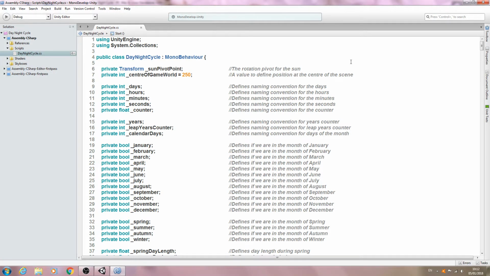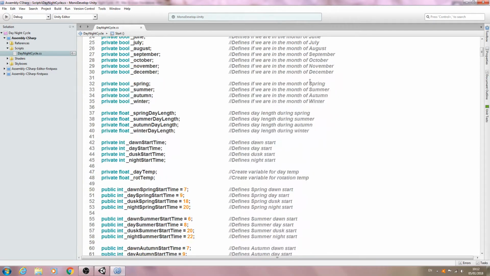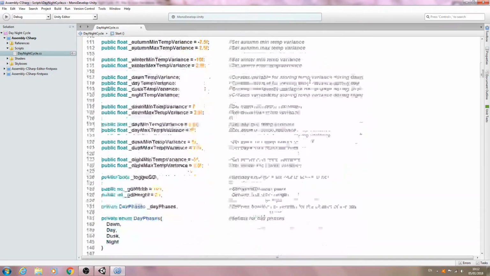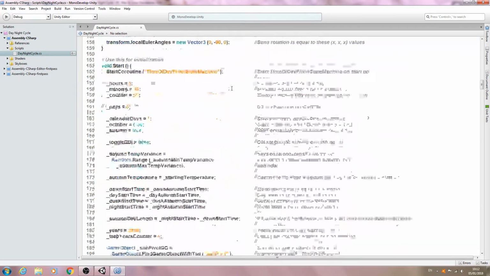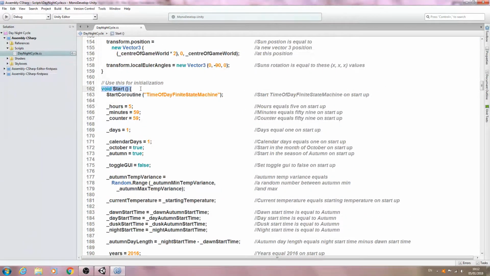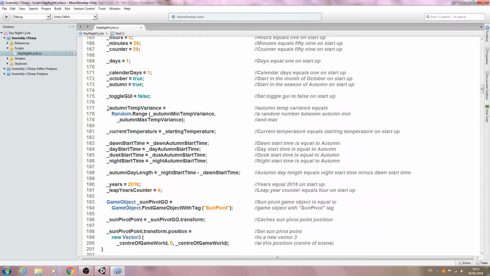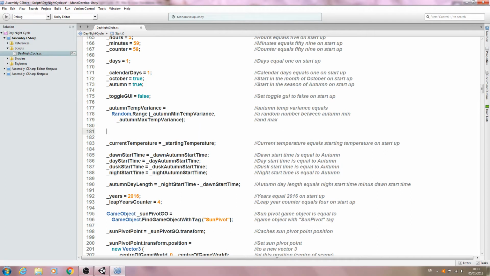So in this lesson we're going to add some code that's going to give us a variance in temperature depending on the time of day. But before we actually do that, I'm going to come to the void start. So I begin in autumn, and I'm going to come below where we say the autumn temp variable equals a random range between min and max. So let's just come below here